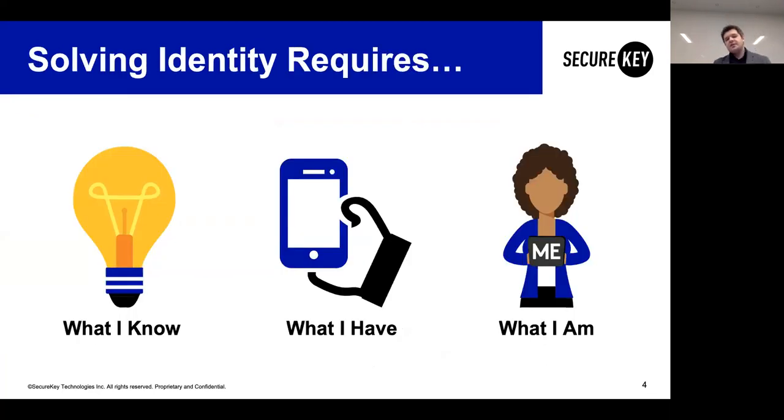Identity has several parts, and the core components are what you know, which we usually refer to as a password; what you have, which could be a second factor, either your phone or an RSA token; and what you are, which could be a biometric, like Touch ID or Face ID these days.